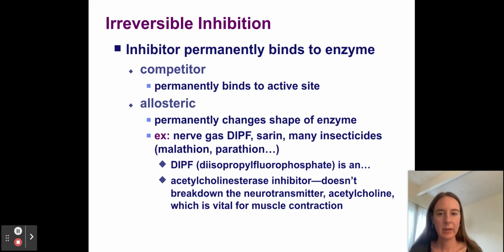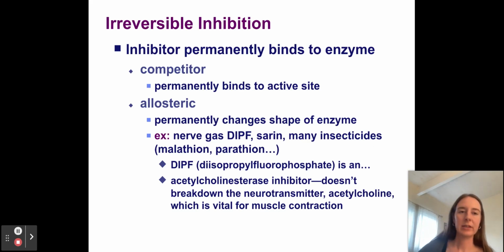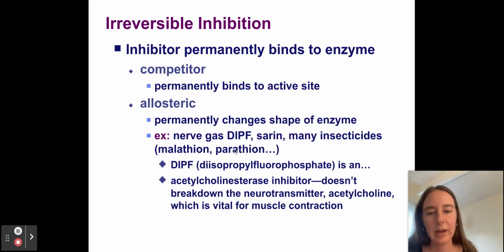So let's say the inhibitor binds to an allosteric site and it permanently changes the shape of the enzyme. Well, now the enzyme's gone for good. And that would be really bad. So this is what happens in some kinds of war chemicals, like nerve gas, DIPF, sarin, and even insecticides. This is how insects are killed through insecticides. Basically, they're molecules that act as inhibitors,